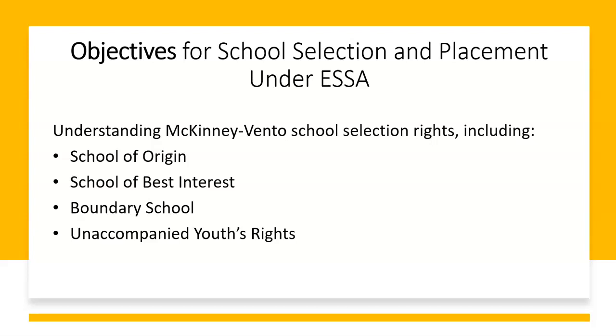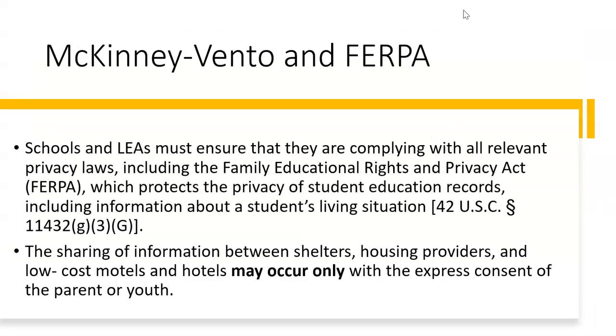So what we're really going to look at in this brief presentation is understanding McKinney-Vento school selection rights, and that's going to include school of origin, school of best interest, boundary school, and then looking at the rights of our unaccompanied homeless youth. So before we dive into that, we did really just want to take a moment to address